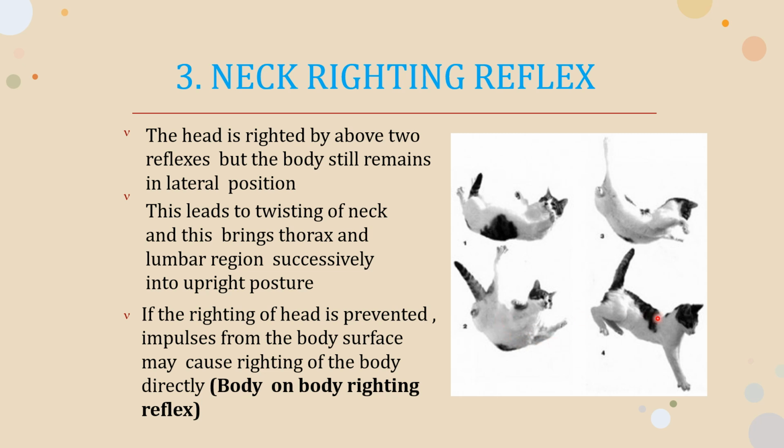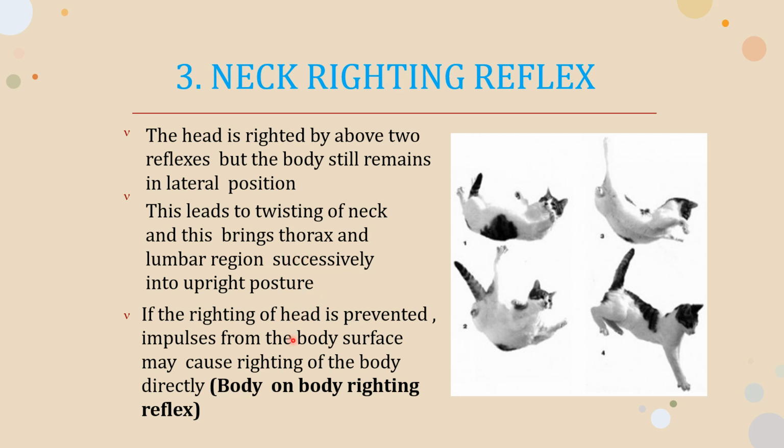Comparing this picture and this picture, you can observe 1, 2, 3 and 4. The head is changing its position to upright. Here the animal is in the air, so it is tilted upside down, and then it is coming down to the floor or the table. Here the body is still in lateral position, and then after the head righting and body righting reflex, the neck will be righted. So this leads to twisting of the neck, which brings the thorax and lumbar region into